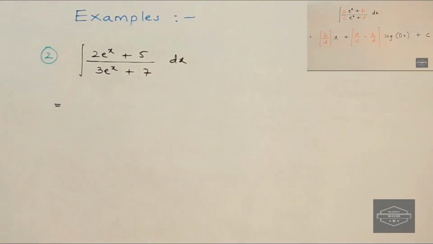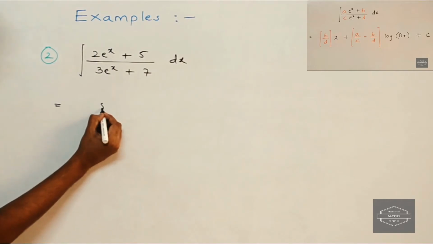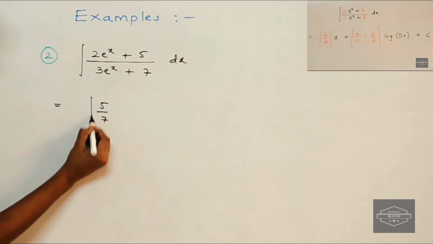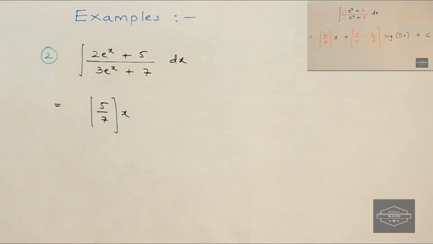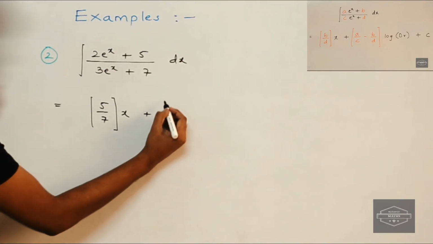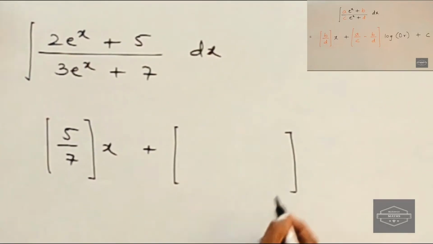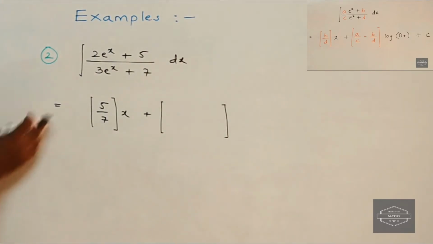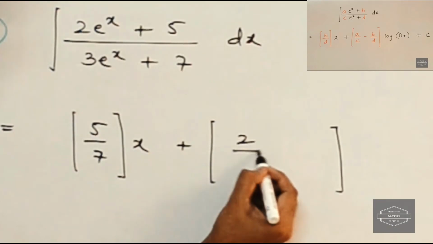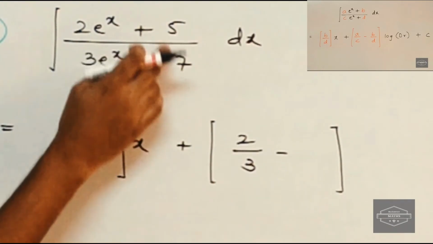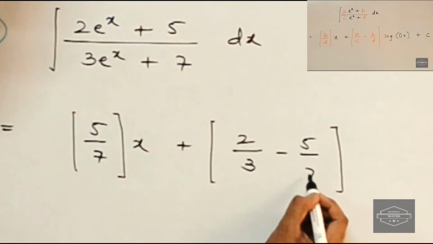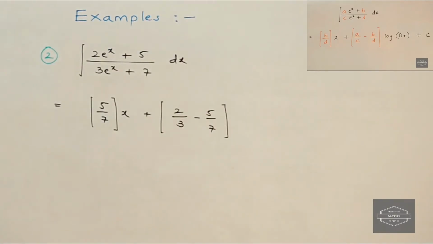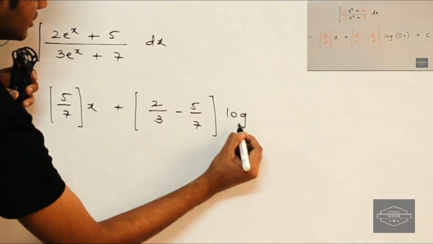So again, in the first term we have to write b upon d into x, so here it will be 5 upon 7 into x and this is our first term plus in the second term again we have to write a upon c minus b upon d, so here it will be 2 upon 3 minus 5 upon 7, and now again we multiply our second term with log of denominator,